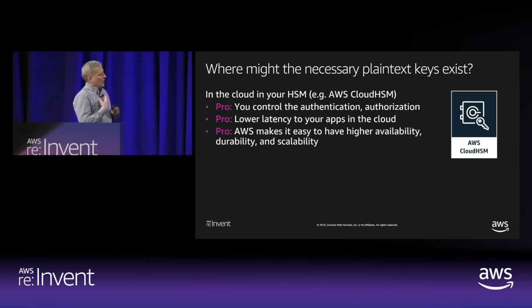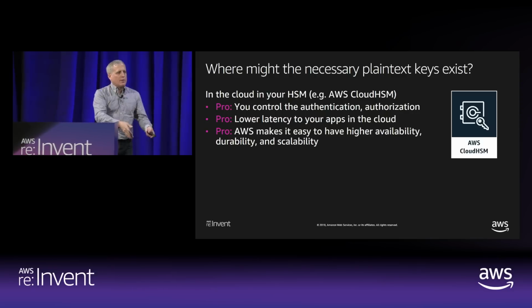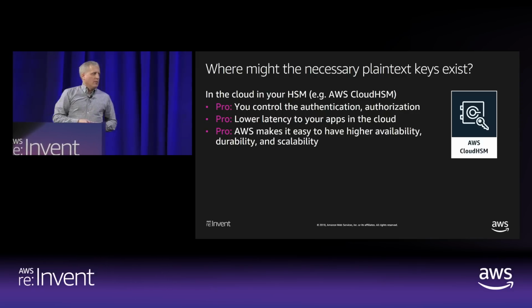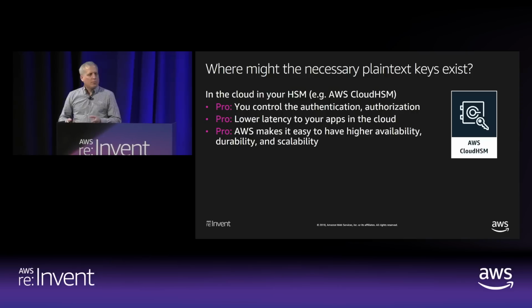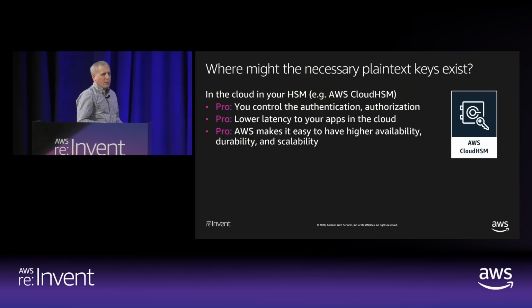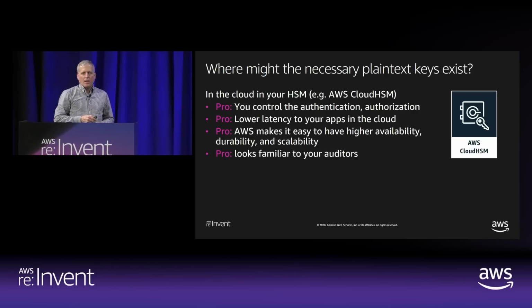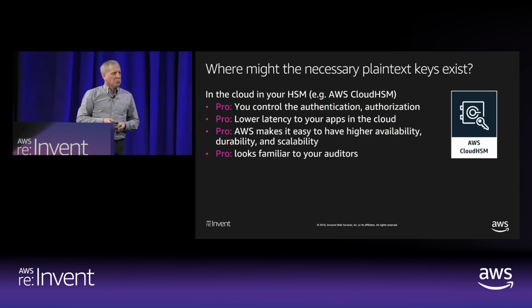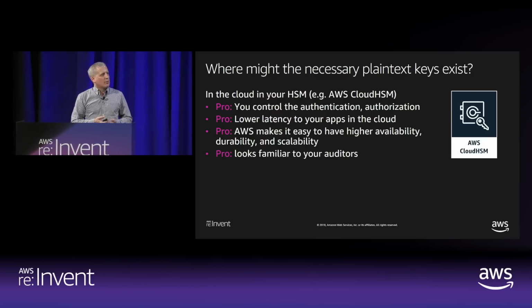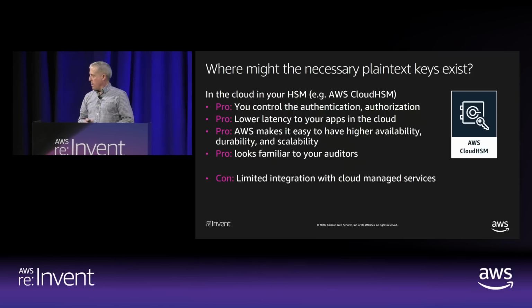Because we supply the HSMs here through the Cloud HSM service, we give you the opportunity to make an API call to cause another HSM to come into existence. Right? So again, you don't have to wait several weeks to procure one of these very expensive boxes from a rapidly diminishing set of vendors. Make an API call, and it shows up. And again, this looks pretty familiar to your auditors. It's a FIPS validated HSM. In this case, the underlying cryptographic module is supplied by a third party. This gets easier to check the box.